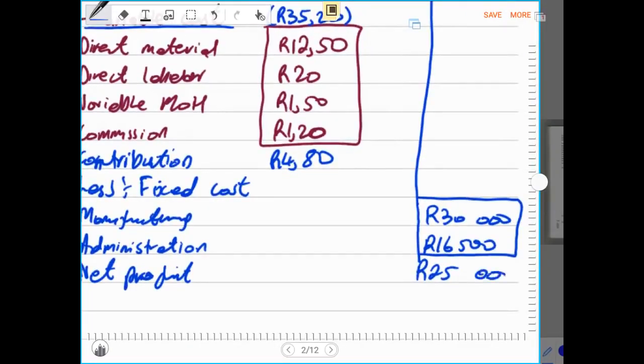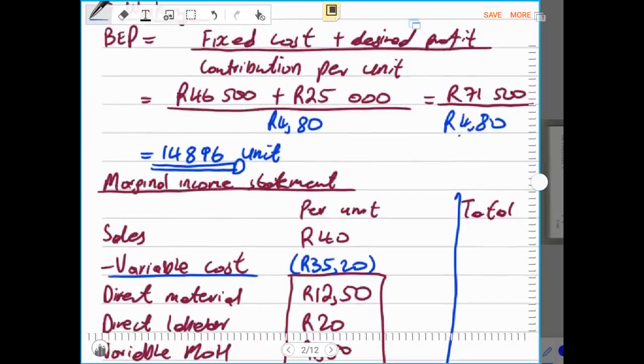And from the profit now, we are going backwards once again. We need to know the contribution in total here. Then we take that contribution in total and divide it by the 4 rand 80 cents, and that should give us the same number of units,